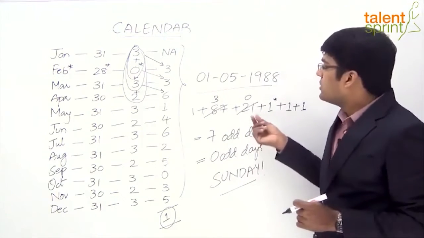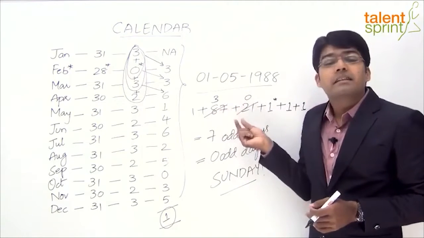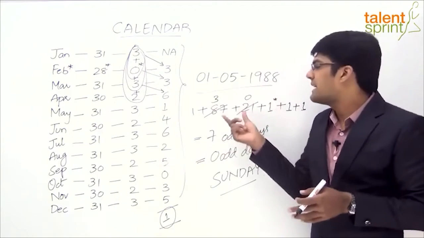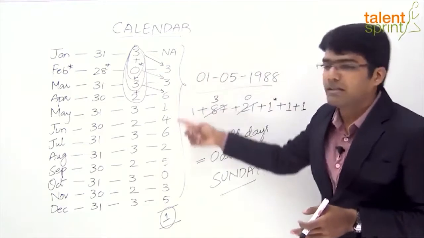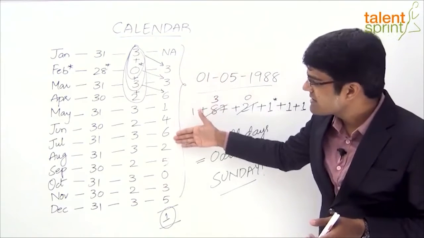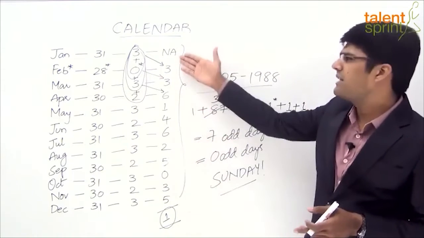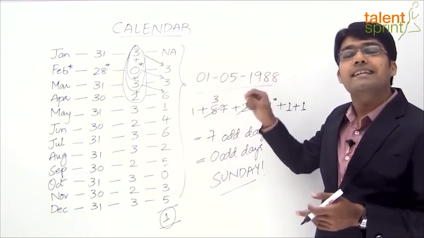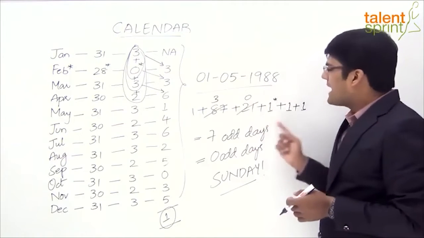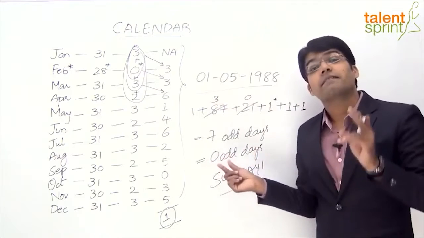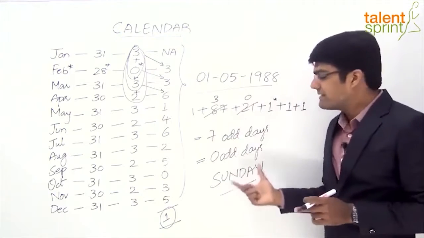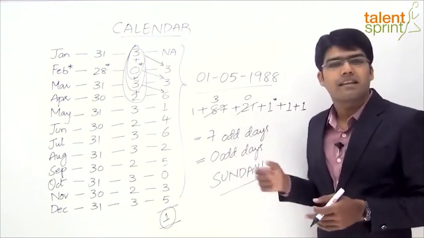Get the point? And you need to quickly calculate the number of ordinary years and leap years for the additional years, for example here from 1901 to 1987. And then remember the code of the month, which you need to learn by heart. Simple. Starting from Feb, it is 3, 3, 6, 1, 4, 6, 2, 5, 0 and 3, 5. For January it will not be anything, because if it is the month of Jan, we directly take the date of that month; we don't have any previous months. Then if you add up everything, you will get the total number of odd days, and with the reference chart of the days, where you have seen 0 odd days is Sunday, 1 odd day is Monday, and so on, you can directly say the day of the week. So 0 odd days, Sunday. That's your answer.